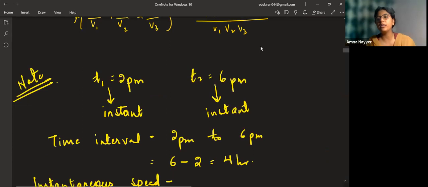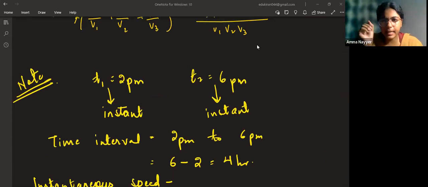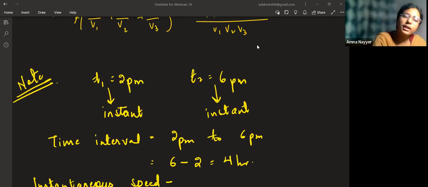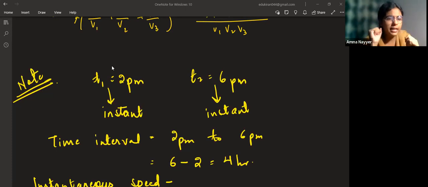See, class, now I wanted to discuss with you what is meant by instantaneous speed and what is meant by average speed. The solving part of average speed was where you had to use division, and in instantaneous speed, you have to use calculus. Now, how do you identify, if a question is given to you with some data, whether you have to find average speed or instantaneous speed? If you are getting a time interval, let's say from 9:30 to 10:30,